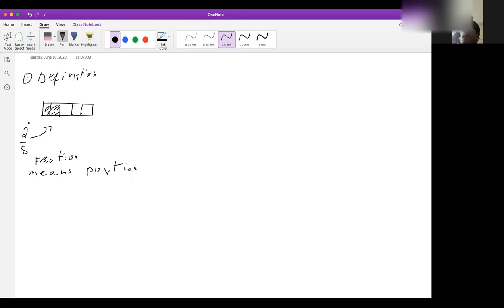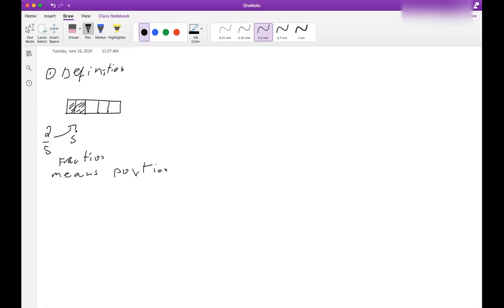Okay, so the shaded is 2 out of 5. What's the fraction of the non-shaded parts of this piece? What's the fraction of the non-shaded? That's the opposite of 2 over 5. What's left is,